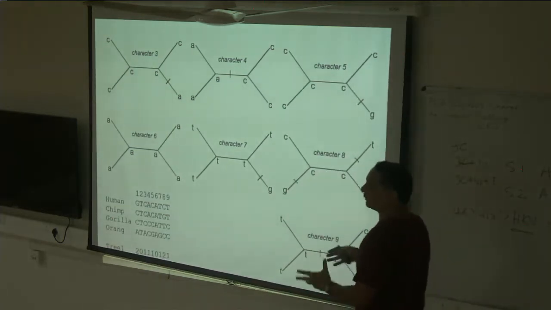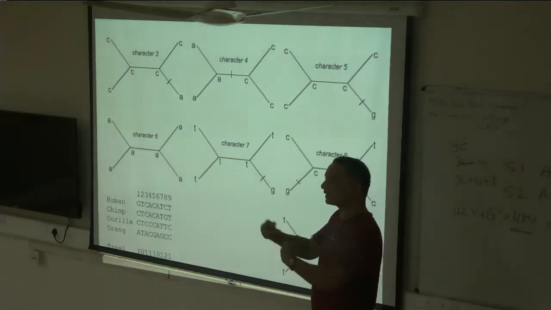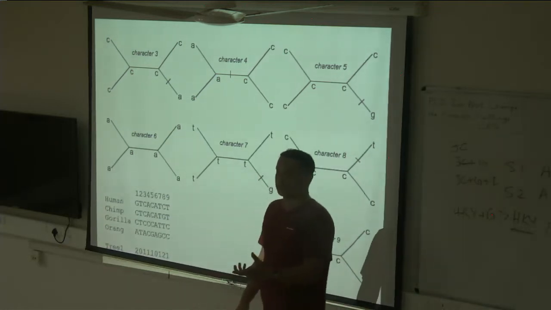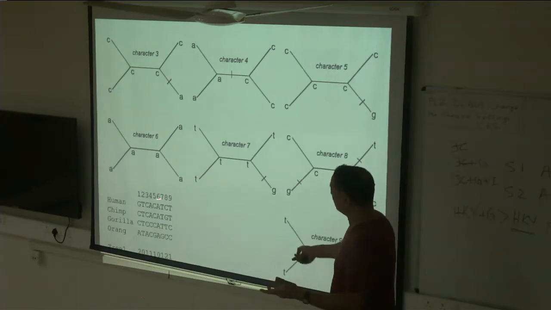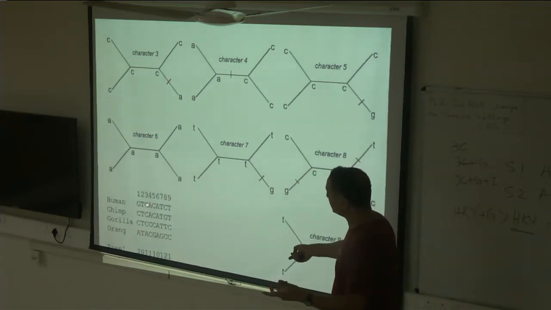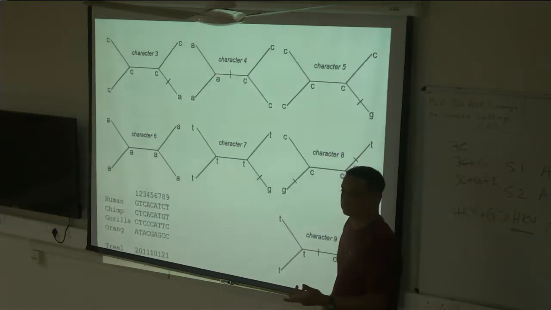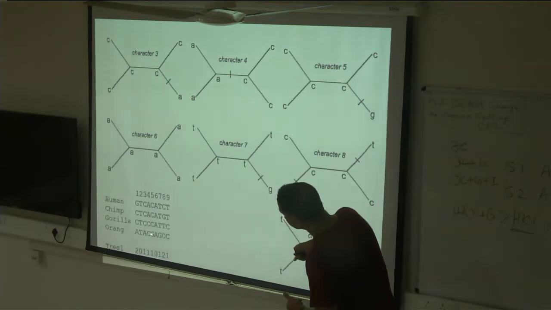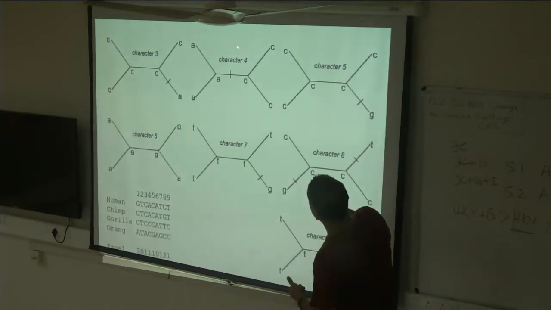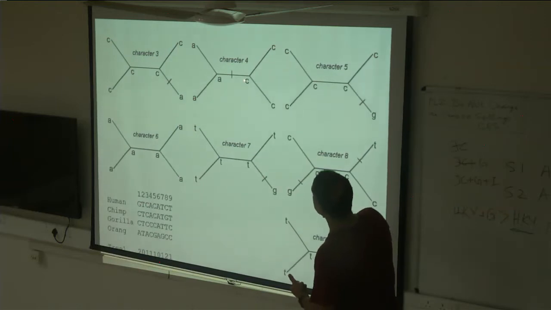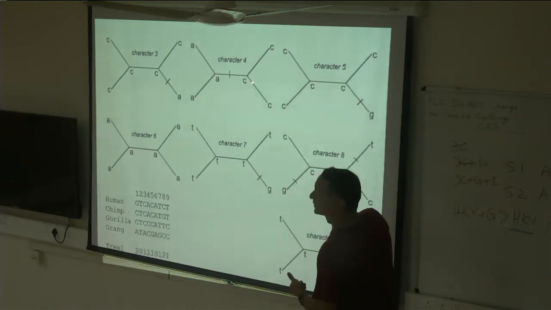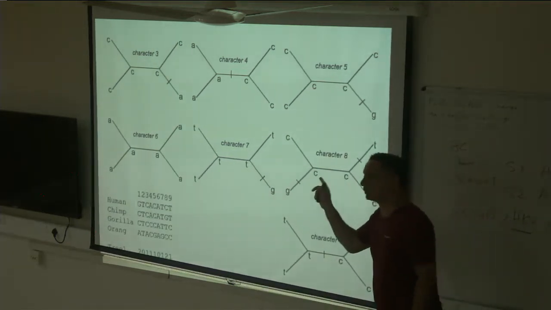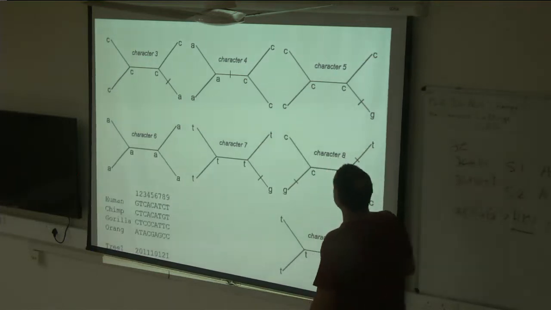Because, remember I said, even if you change the tree topology, the number of changes is going to be just one. So such unique changes in parsimony are uninformative. Whereas if you are using a distance-based method, it will cluster these three together. Okay? All right, what about character number 4? It's A here, C here. So this ancestor is an A, this ancestor is a C, one change here. This is a synapomorphy, which actually supports this tree, right?